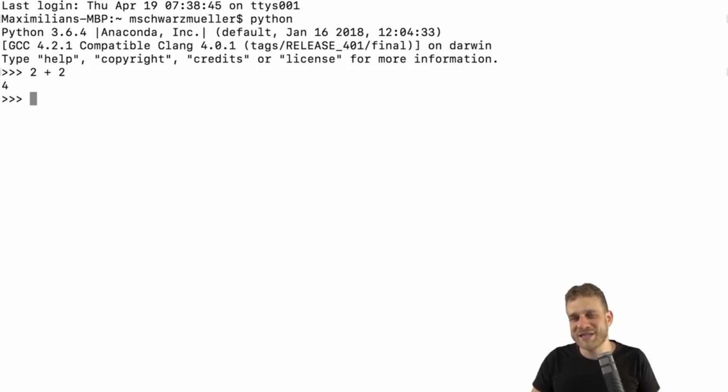So let's start building something more exciting than just a simple calculator with this REPL thing. And the steps I show here are shown on Mac, but they are exactly the same on Windows. So what I want to do here is get some input from the user, store that in a file, and then also open that file and read what we stored there and output it here in this command prompt. Now, to get input from the user, we can use a function Python ships with, the input function.